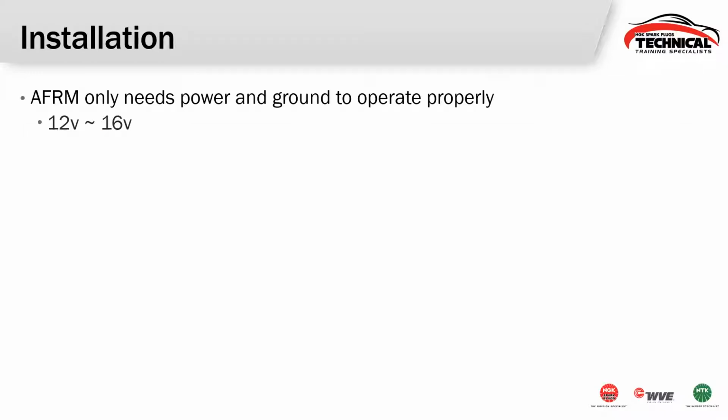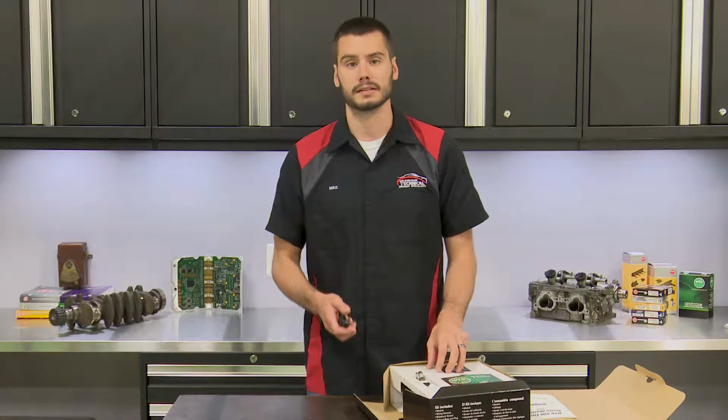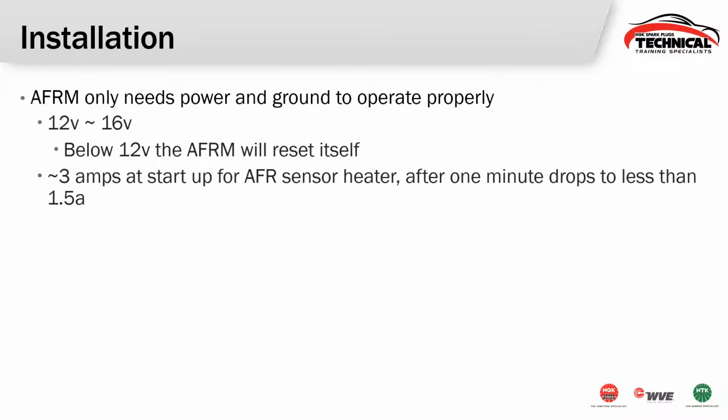So when this thing's installed, it needs power and ground, and that power and ground has to be somewhere between 12 to 16 volts. If this thing drops below 12 volts, it'll reset itself. So we need to make sure that we have good battery positive connection. So this air-fuel ratio sensor has to be hot in order to function. This heater is going to take about 3 amps or so on initial startup to get that heater up to temperature. And then after about a minute or so, it'll drop down to about 1.5 amps of consistent draw,